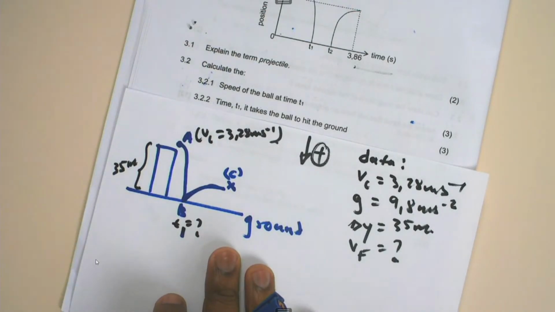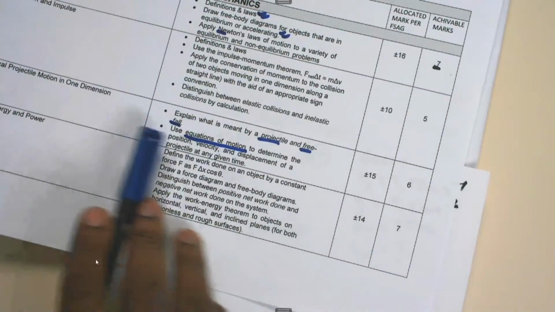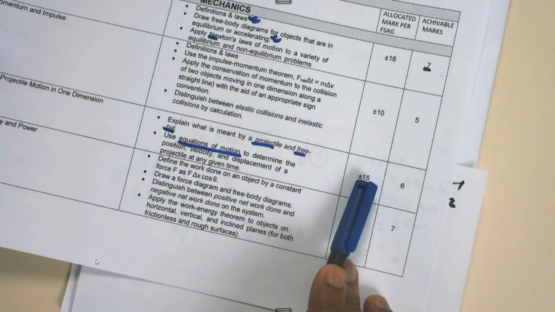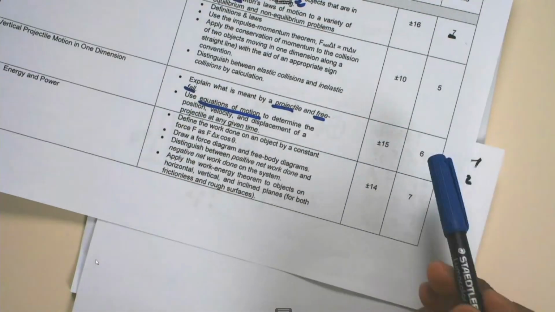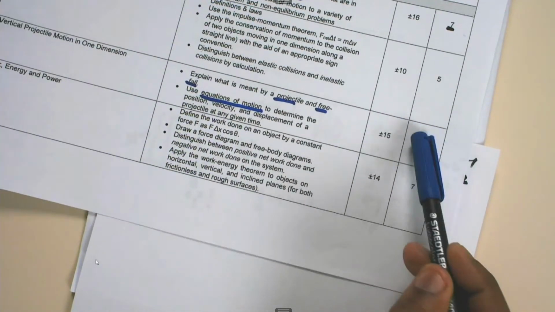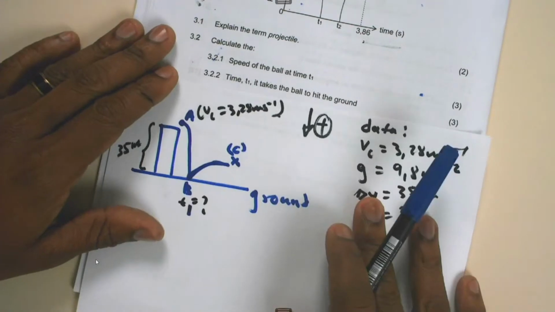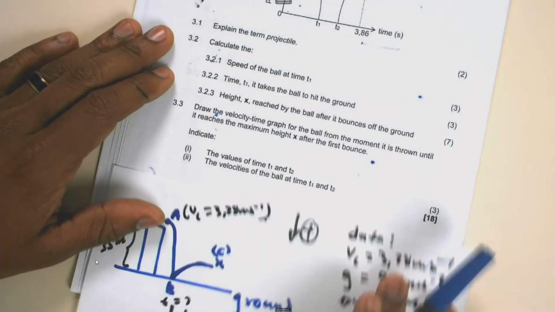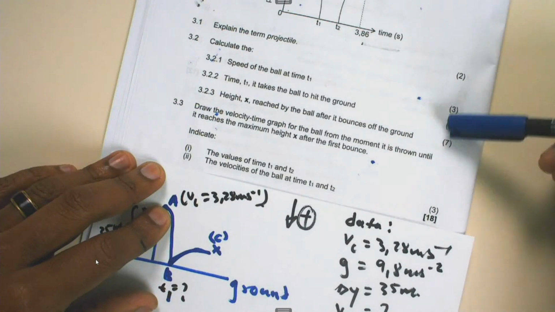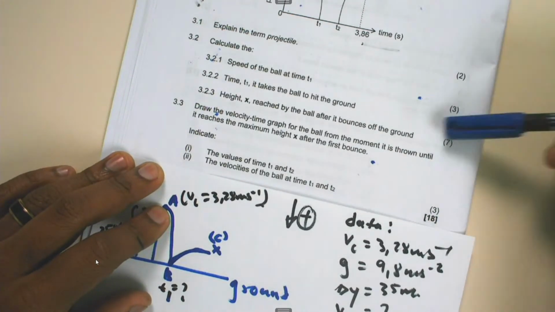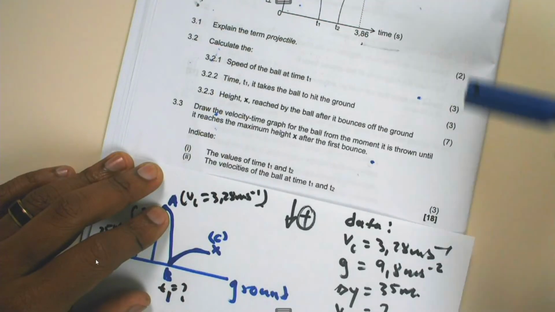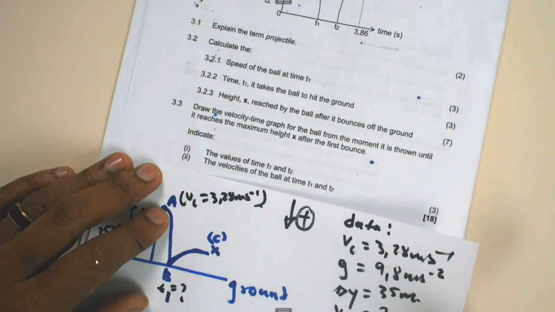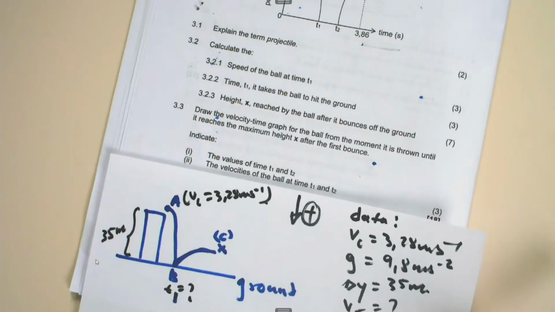So this is what I say when I say let's look at how many marks are allocated to vertical projectile motion. It will be plus minus 15 marks. So somehow I should be able to get my 6. This is how I get my 6. In this case, this one was 18, but already I have been able to get the maximum there. It will be 3, 6, and then 8. So somehow I'm in the right direction of getting my achievables.